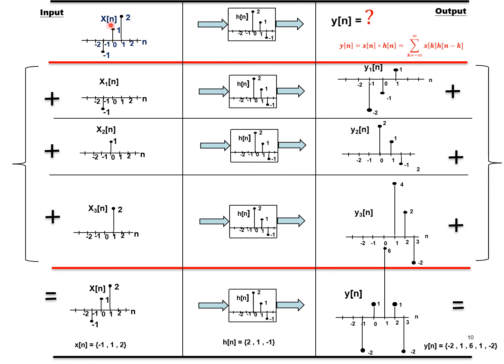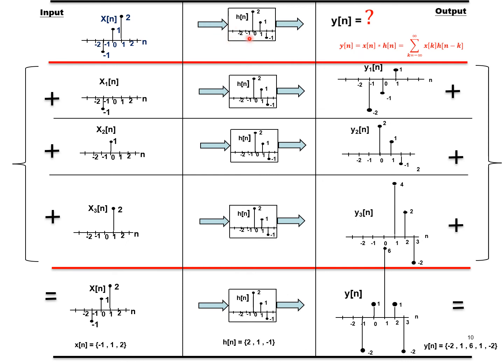Suppose the number of samples in x of n is more, say 100, 200, or even 1000, or even infinite. In that case, I cannot use the graphical or the matrix method because it is highly laborious. Lots of time is required and it is meaningless. I can make it a shortcut by using the formula. But for very short duration sequences, as here, I need not use the formula. I will just use the graphical method, then the matrix method.